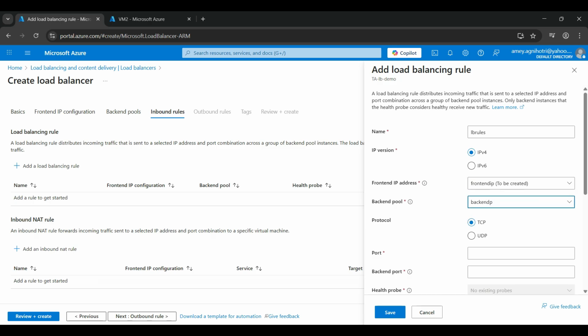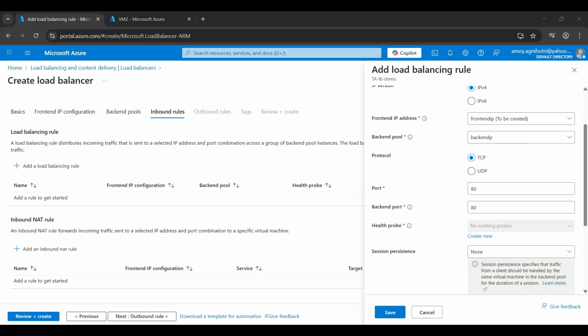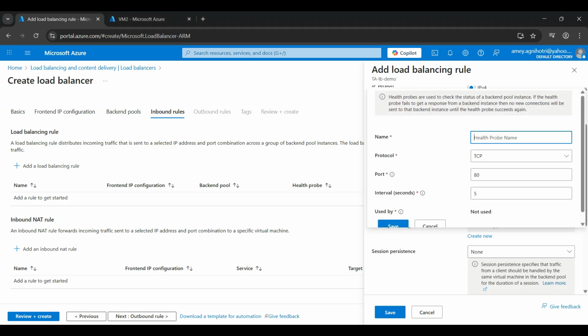that is backend. Then let's scroll down to the port. Our front app, or the HTML page, is running on this port 80, and the backend pool is also running on the same port. But if the backend is running on a different port, then we can change the port number as per the requirement. Then on the health probe, currently it does not exist, so let's click on create new, and then we'll give the default one,